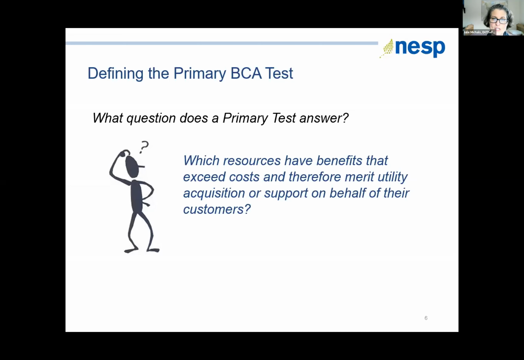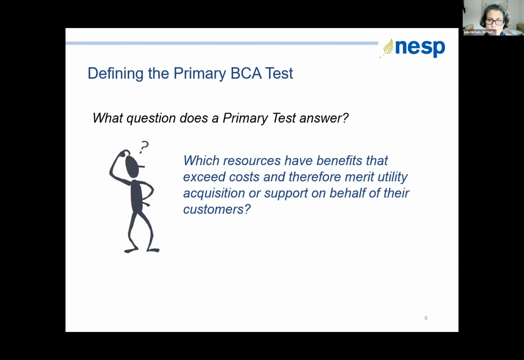So what question does a primary test answer? It answers which resources have benefits that exceed costs and therefore merit utility acquisition or support on behalf of their customers. Now, merit does not mean it's a slam dunk. As Abigail Anthony said on Monday, this is a challenge that they've seen in Rhode Island, where just because it passes their primary test, their Rhode Island test, it doesn't mean it's a necessary investment. There are other considerations, but yet the primary test is a starting point to really understand where benefits exceed costs, and therefore should be